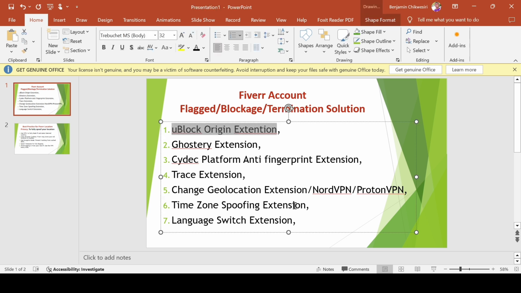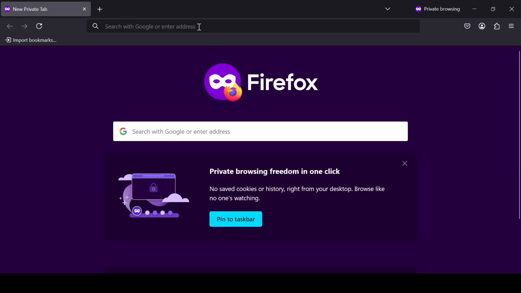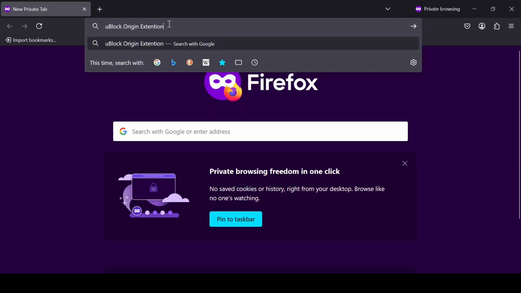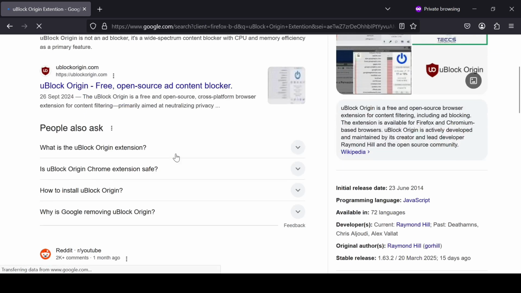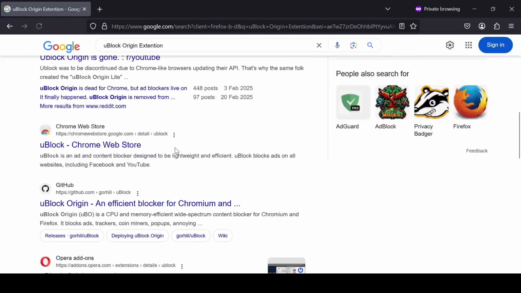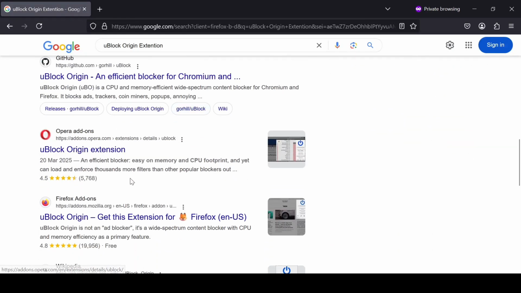So we'll go back to our browser and type uBlock Origin extension. We click enter. For Firefox, click here.